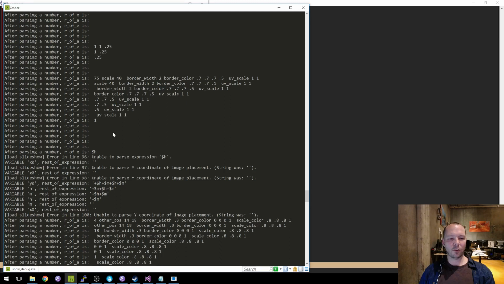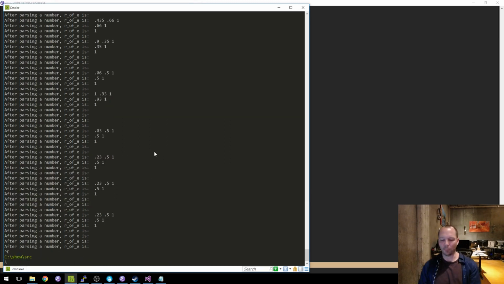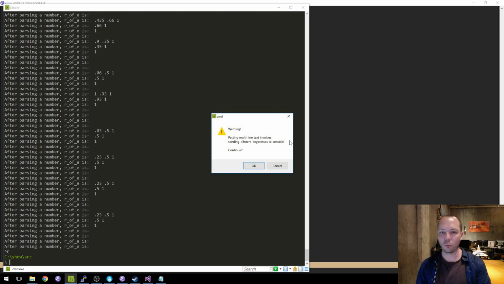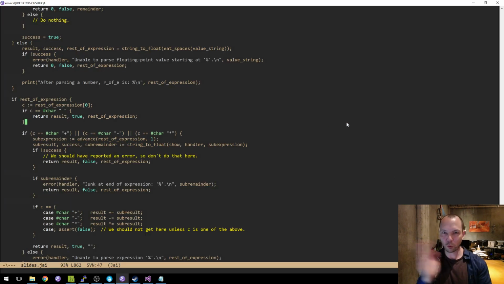Yeah. So it's skipping the plus. And the reason it's skipping the plus is the following reason. My string to float is not a real one yet. It's one that skips forward past characters that look like they're float-like characters,